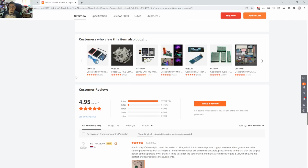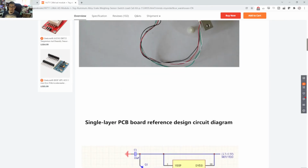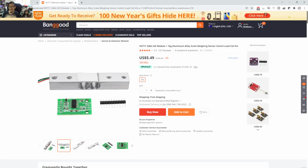So that's what I'm looking forward to. That's what I'm hoping to see. I will need to reach out to other people to help me with some code to tell me how I actually get this thing to work and the values to come out of it, but we'll get to that probably at a later date, plus how I will integrate it into holding a switch and the force being applied